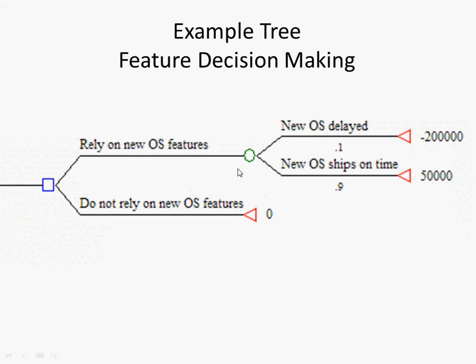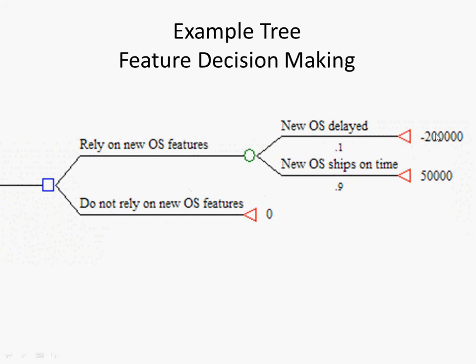For event nodes, we pass up the expected value of the children. By expected value here, it'll be, this is a 10% chance of occurrence. It has minus 200,000, so it'll be 0.1 times minus 200,000 plus 0.9 times 50,000. That make sense? And that would be associated with this node here, right? So here I think it would be a net gain of 25,000, I believe, right? So this would be minus 20,000